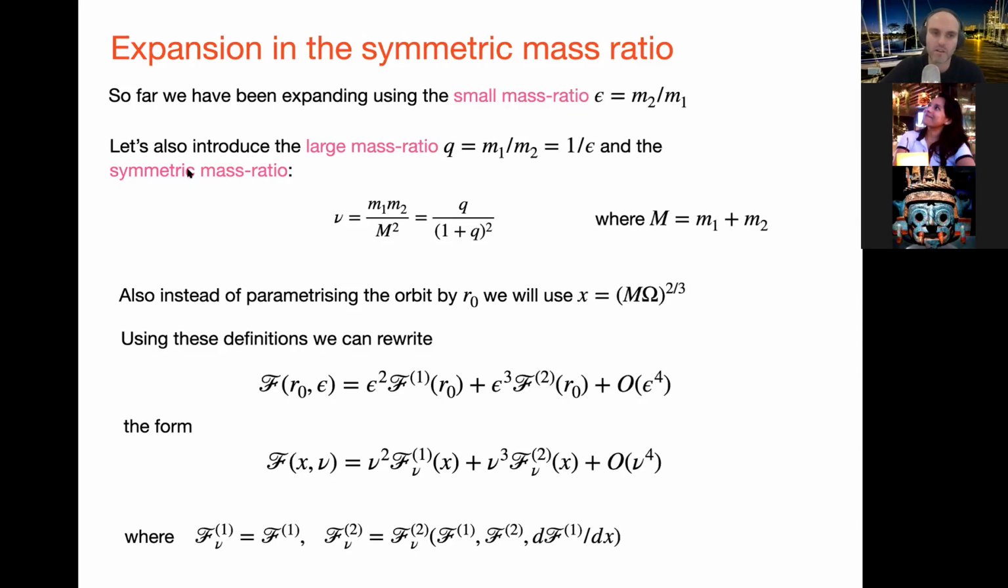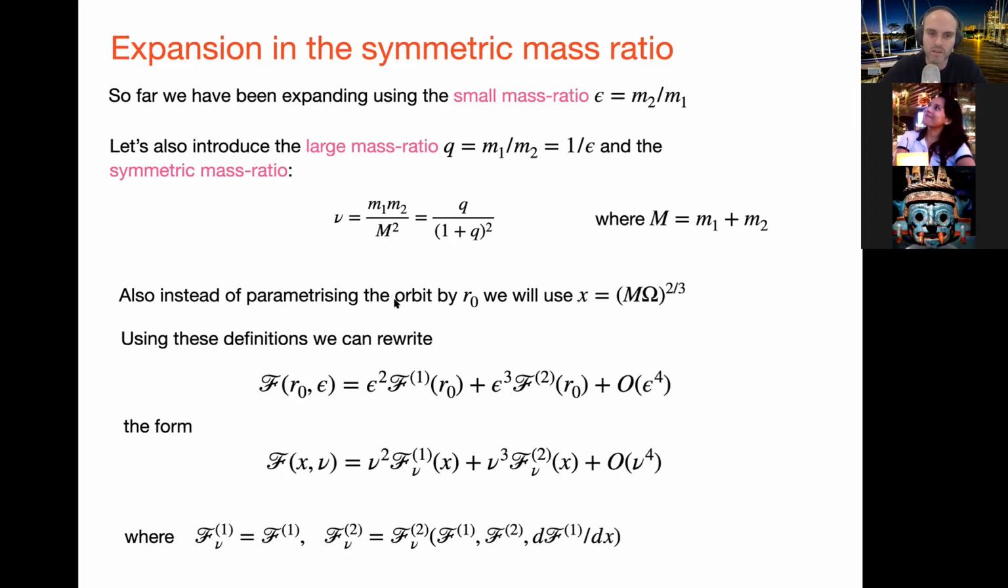And there's also a more physically motivated mass ratio called the symmetric mass ratio, which we'll call nu, because if you change the labels on the binary, it shouldn't change any physics. You just call this one M1 and this one M2 and then switch them. And that's precisely what the symmetric mass ratio does. This is given by the product divided by the square of the sum. So this M here is the total mass of the binary. You can write this in terms of Q this way if you like.